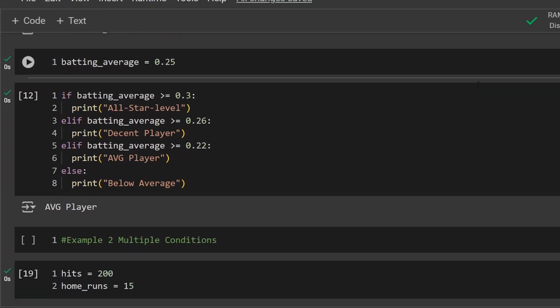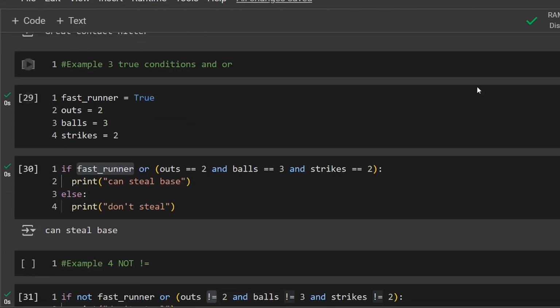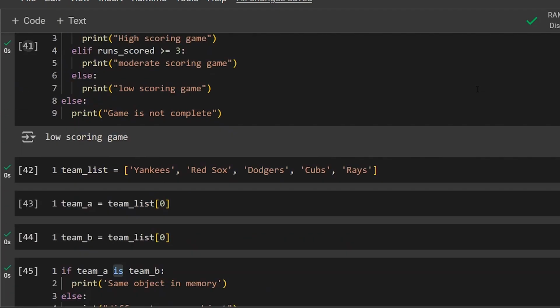In only about 30 minutes, I'm going to be teaching you guys how to use if, else, and elif statements within Python through 8 different examples. We're going to be covering nearly all the different types of comparisons as well as operators. We're going to be covering nested if, else, and elifs, as well as 2 advanced examples at the very end